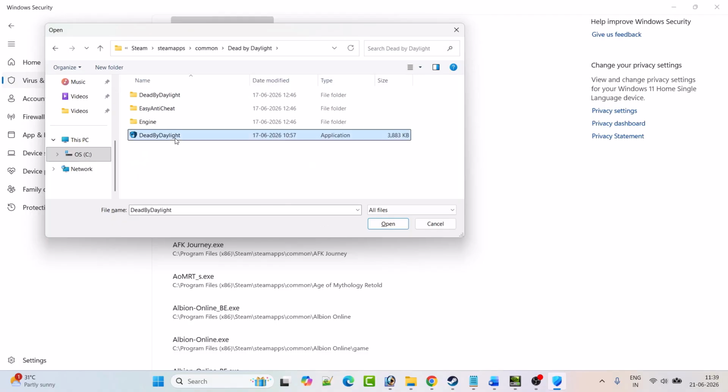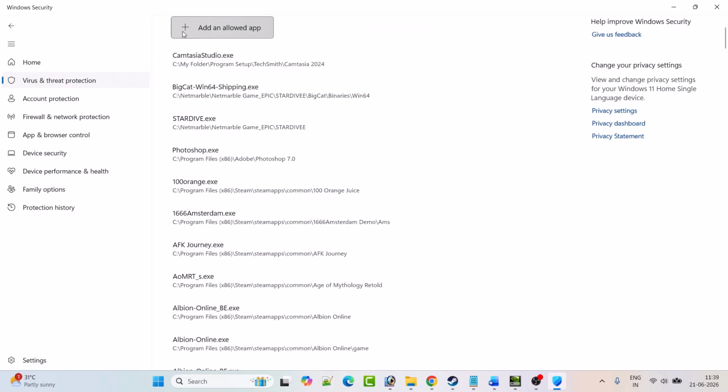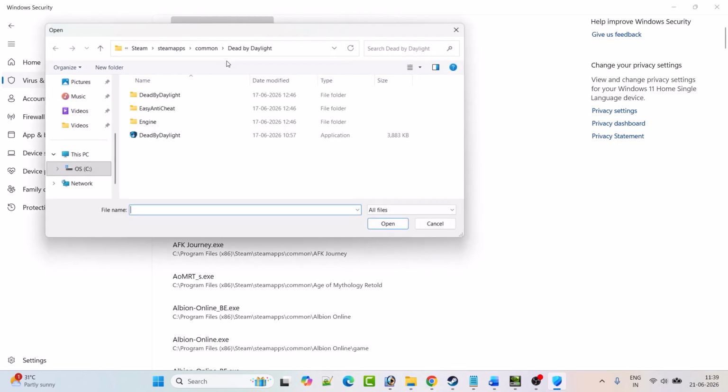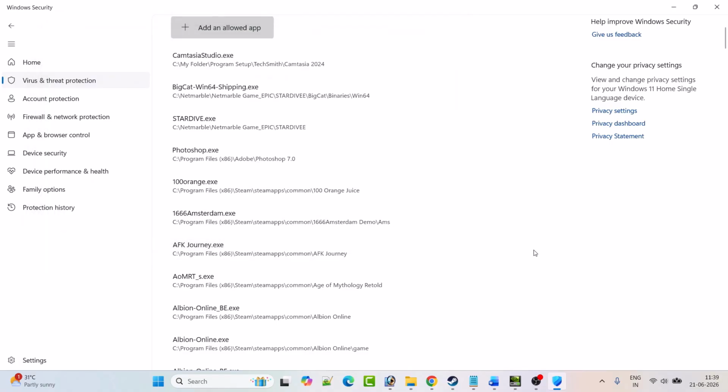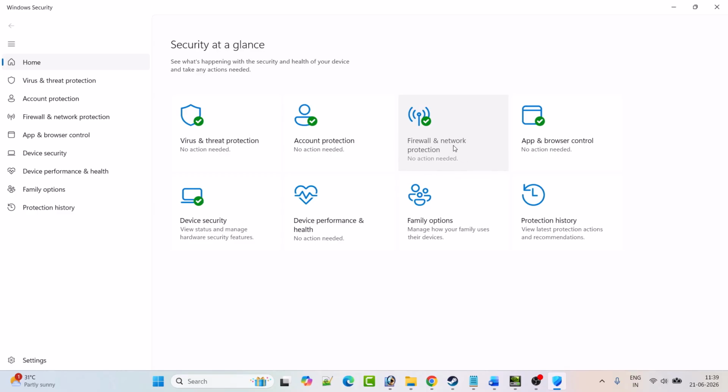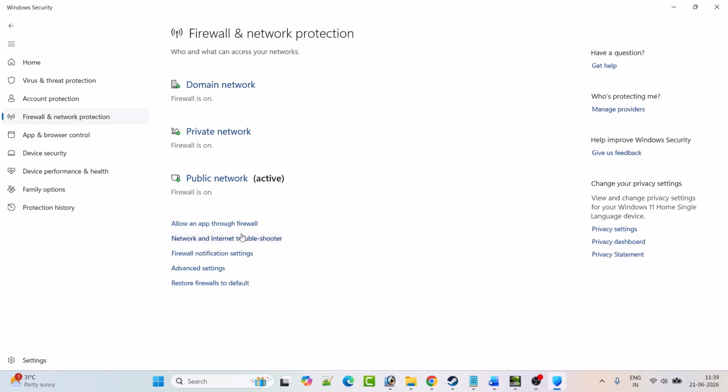First select this Dead by Daylight exe file, click open, and then click on add an allowed app, browse all apps. This time open Dead by Daylight folder, binaries folders, win64 folder, select Dead by Daylight win64 shipping exe file and then click on open to add it to the list. After adding both the exe files, go back, click on firewall and network protection, click on allow an app through